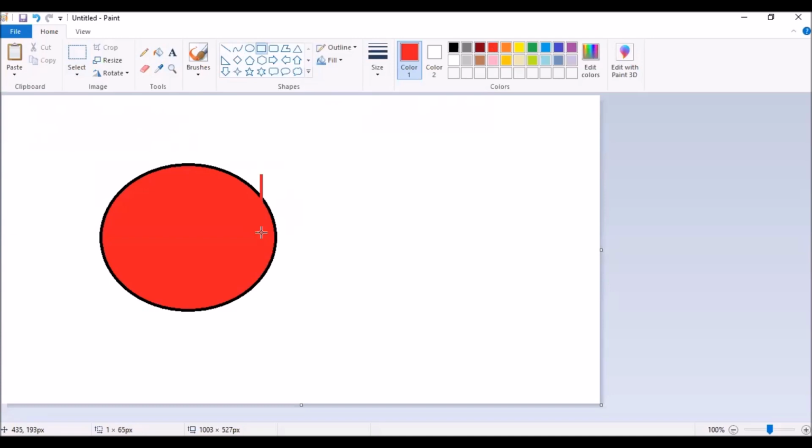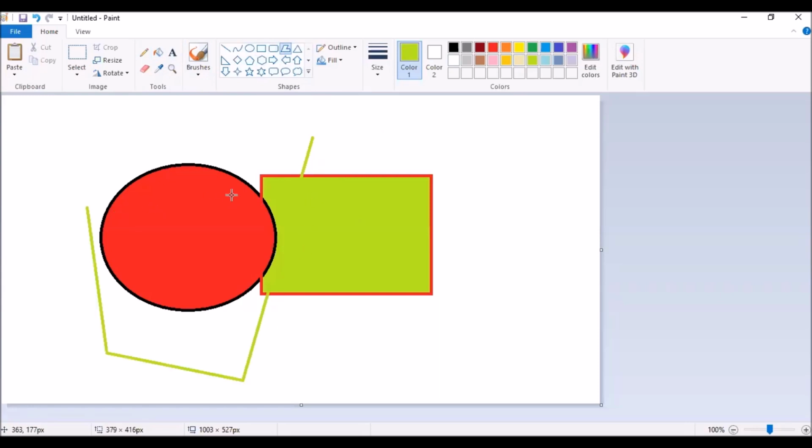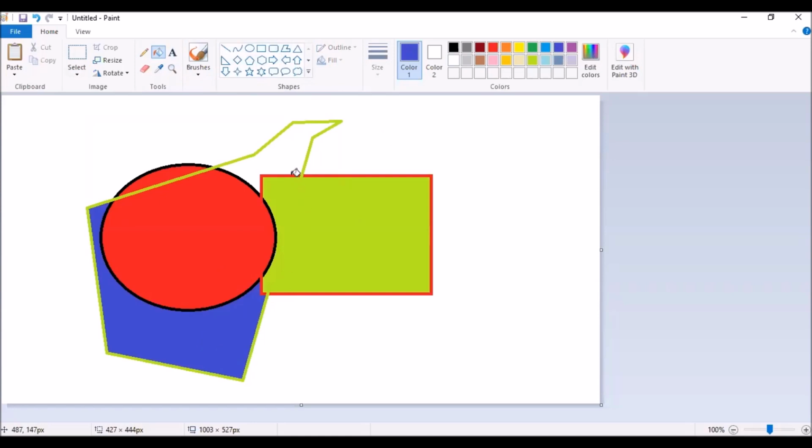Then this is the shape, and I fill some other color here, and then one more shape, some random polygon. And I just fill one color here and one color here. Now this is a sample image I'm having, or a sample scene I'm having.